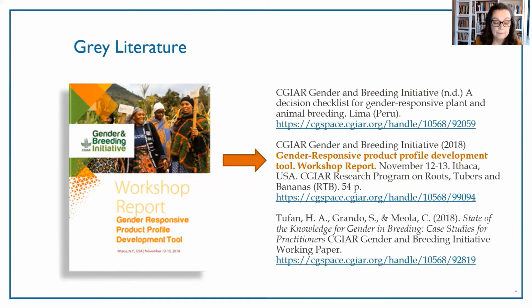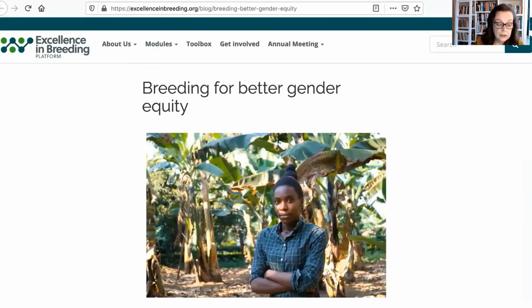One highlight of the workshop involved learning about key aspects of the gender responsive product profile development tool, which has been designed to fit seamlessly into mainstream CG System Excellence in Breeding product profile tool development, thereby assuring that gender dimensions are always part of the analysis of breeding goals and trait prioritization